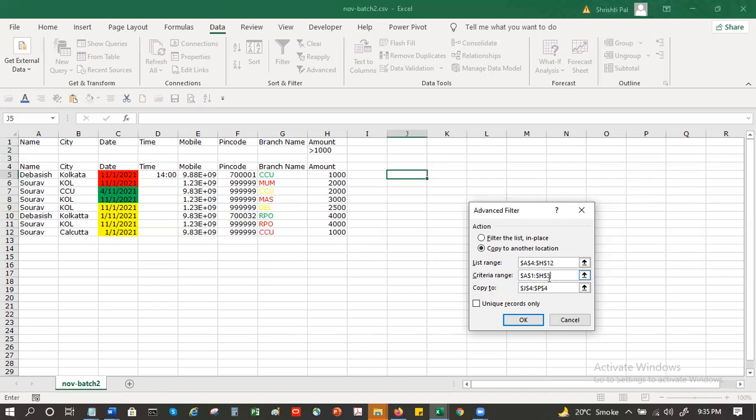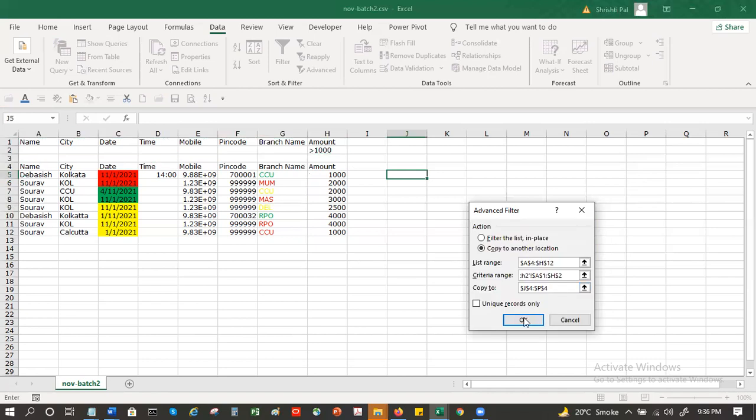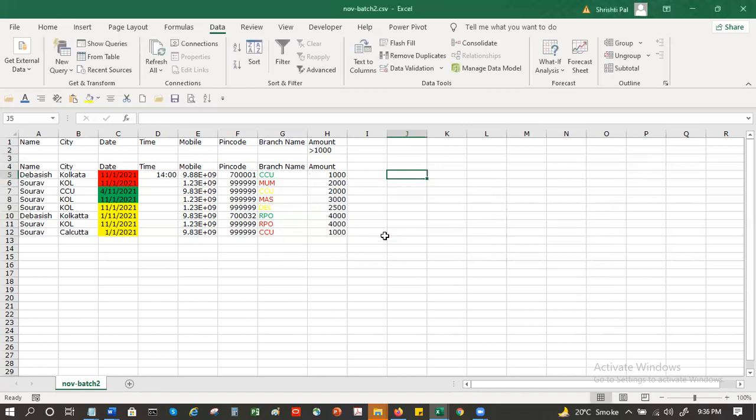Then this is H3, A1. H2 now. I think this amount thing, because it's a number.